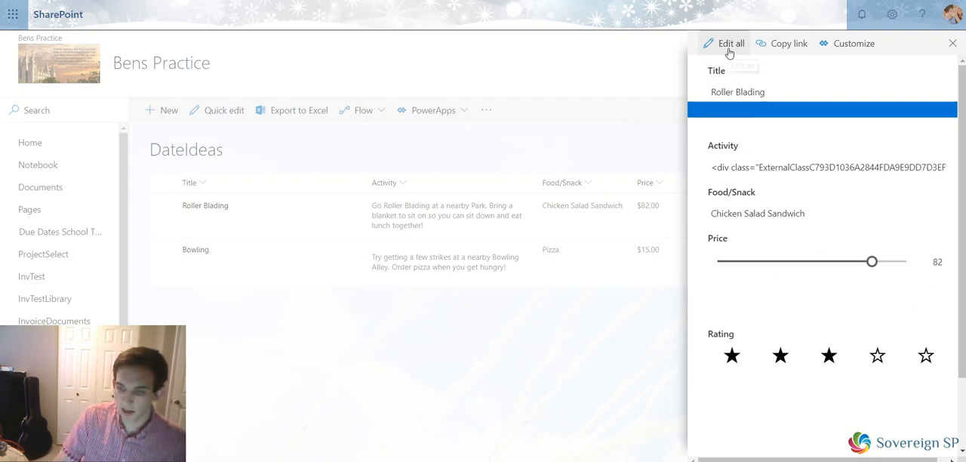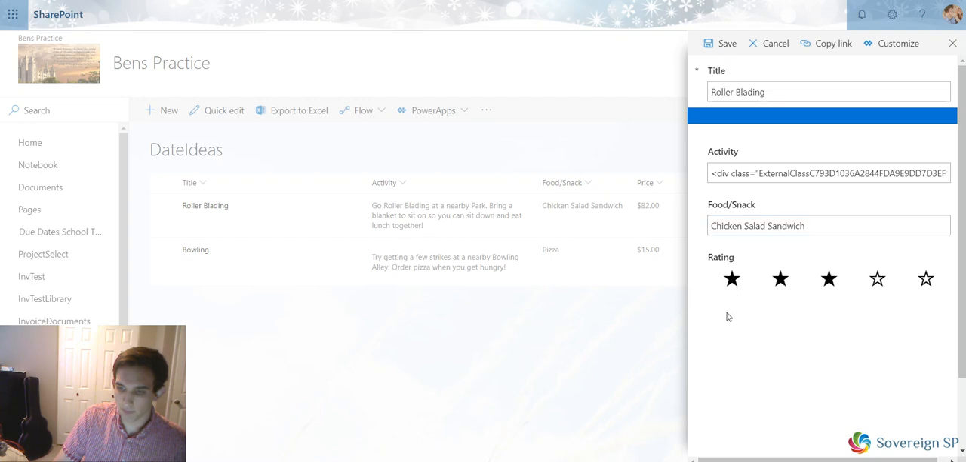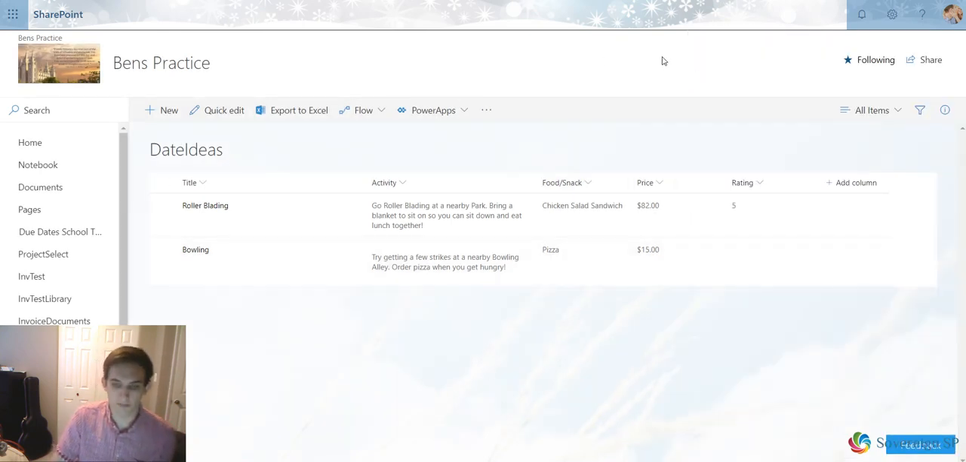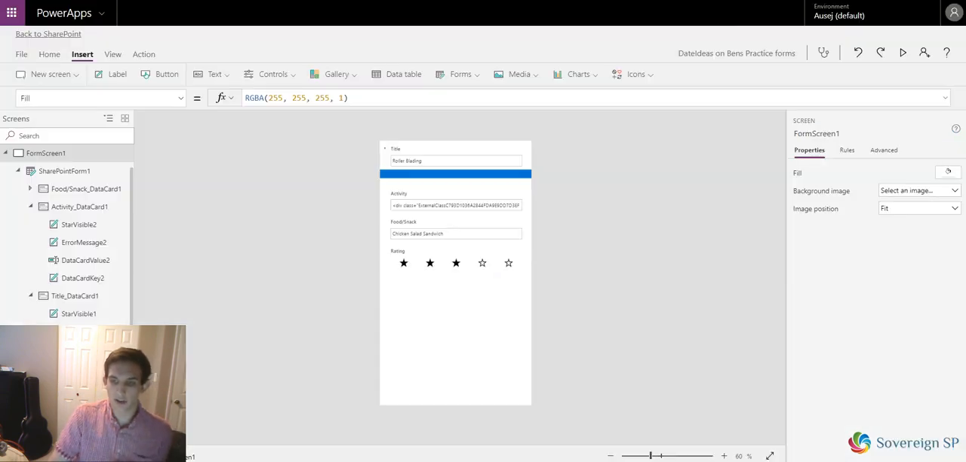But if I want to edit it, click edit, price goes away. So I can edit everything else. I can do these little stars. And that is pretty cool. I can change this, I can change everything else, but I can't edit the price. Pretty cool. So the last thing I want to show you guys is with your forms, you can either have